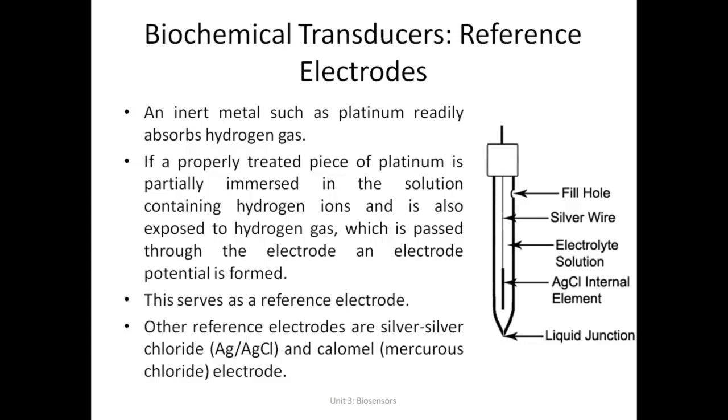Now, in the case of the silver chloride electrode, the ionic side, that is the silver chloride of the interface, is connected to the solution by an electrolytic bridge, usually a dilute potassium chloride filling solution, which forms a liquid junction with the sample solution. The electrode can be successfully employed as a reference electrode if the KCl solution is also saturated with precipitated silver chloride.